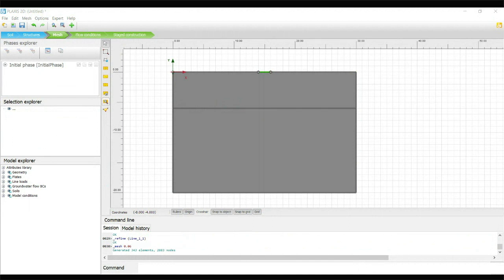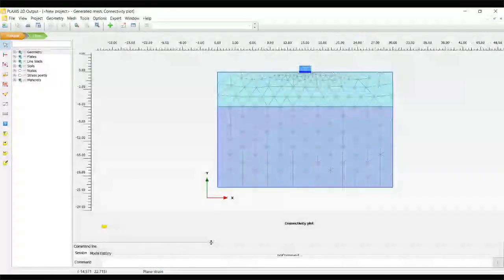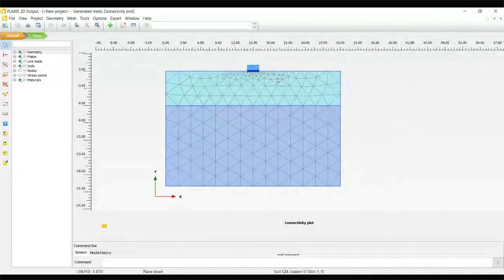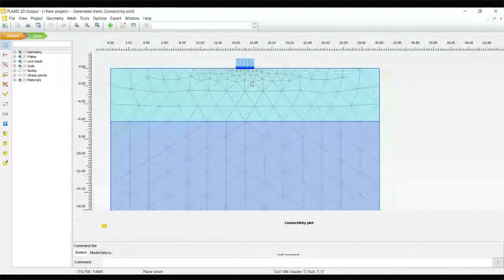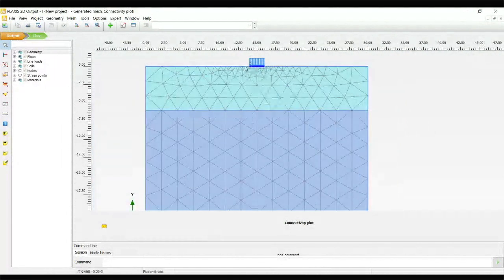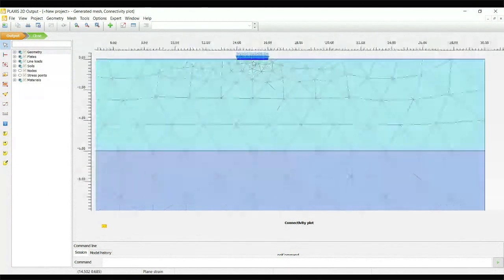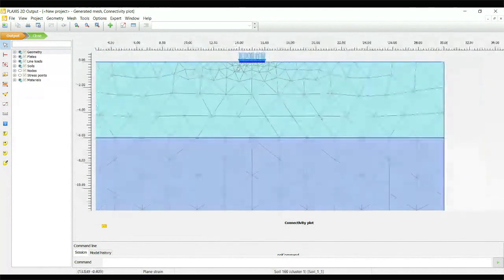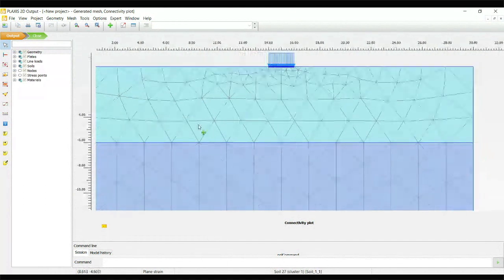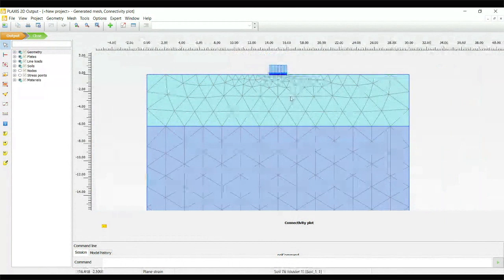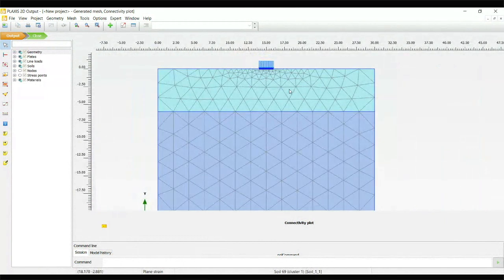I will just stop sharing this window and I will open the new one. Yes, now this is the output window. You can view the mesh. See here a finer mesh. Plaxis has the capacity to automatically join the finer to the coarse mesh. You see at that boundary it is coarse mesh, but in this area it is finer mesh. The program will automatically connect the finer to coarse mesh by interpolating. So it is a very powerful tool, so you need not worry about how to connect. Automatically it will give a beautiful mesh.